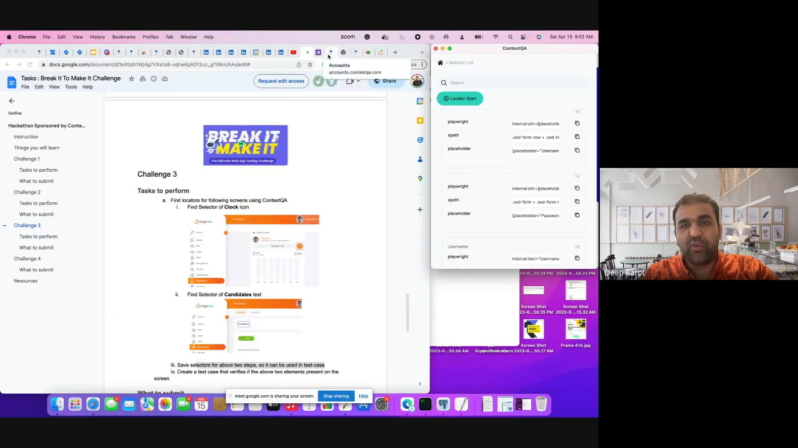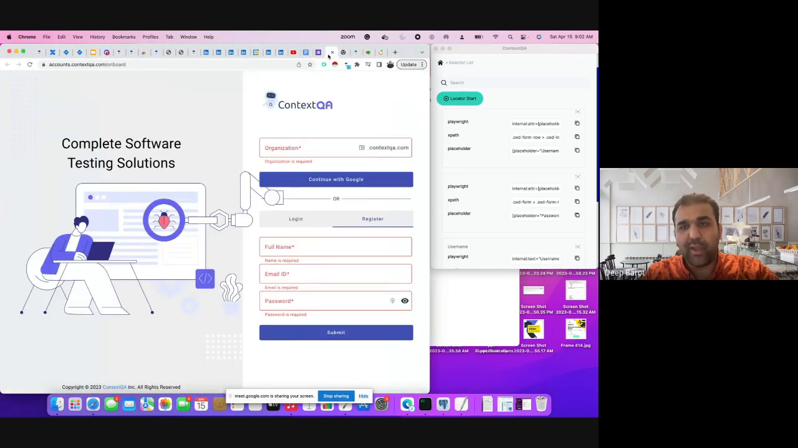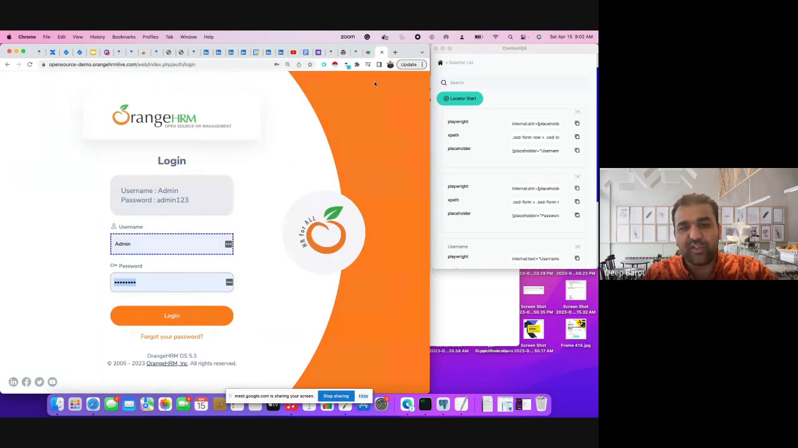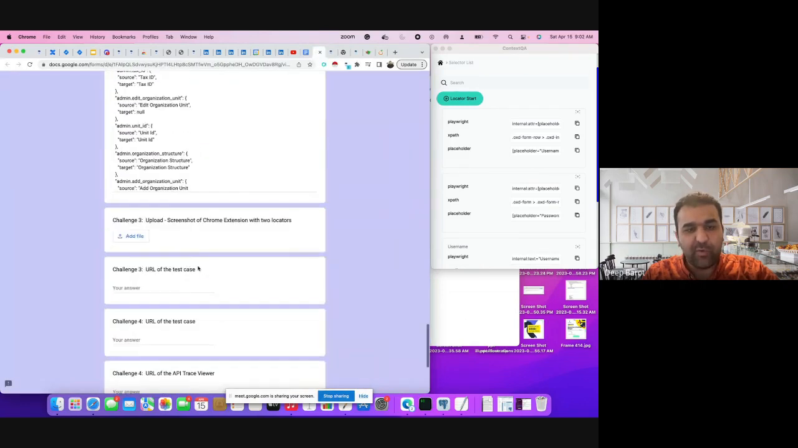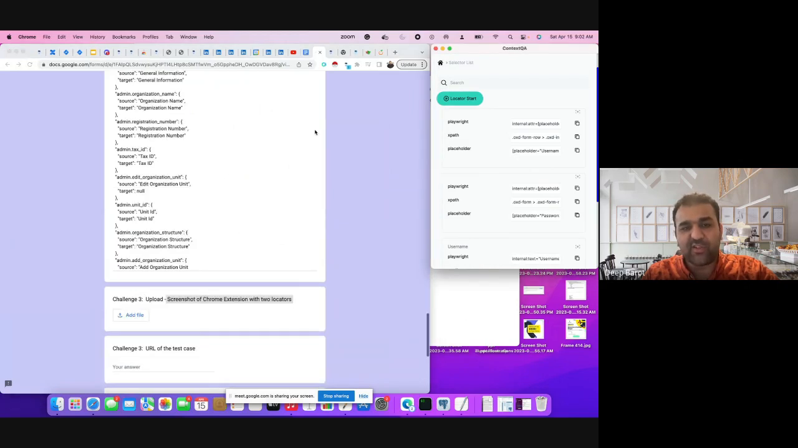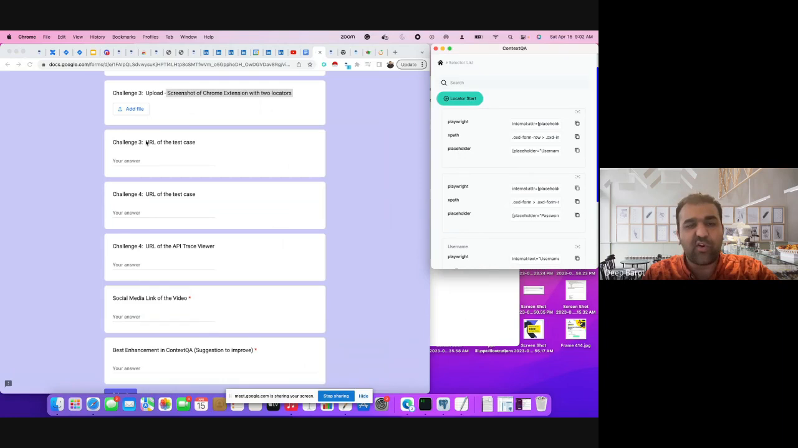now if you go back to the challenge, here it says, as a part of the third challenge, you need to upload the screenshot. So we capture the screenshot, and you need to use these selectors as a part of one of your test cases to verify that these exist or not, or in any way. To do that,